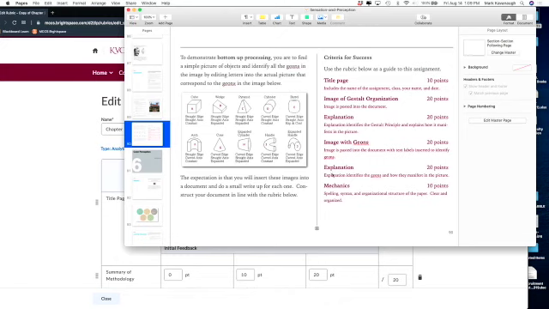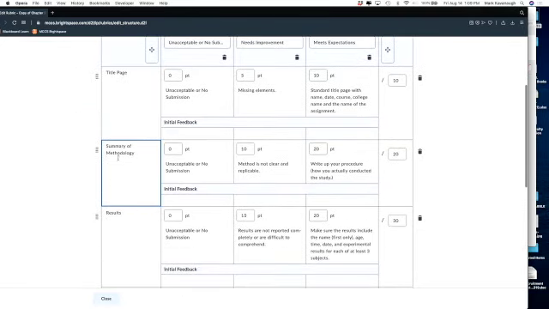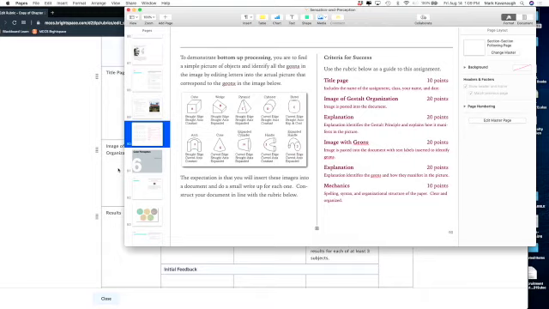This is the rubric as I present it to my students. And so you see the first part is title page, that's fine. The next part is image of Gestalt organization, so I need to go change the second one to that. And then